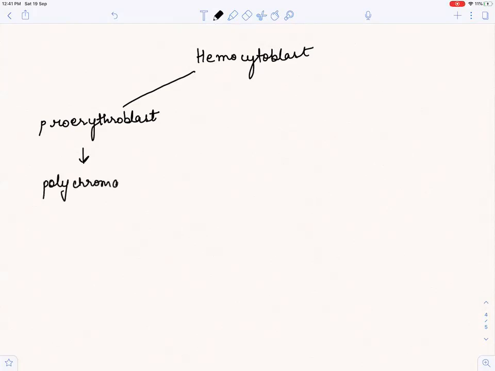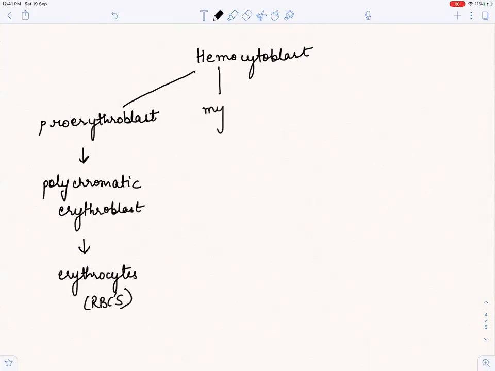Okay. What are we writing? We are writing the precursors to erythrocytes. And what are erythrocytes? Erythrocytes are RBCs. Don't tell me that you don't know it, okay? RBCs. And then why am I writing it? You know it.